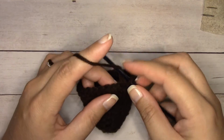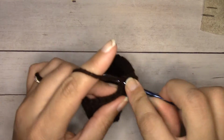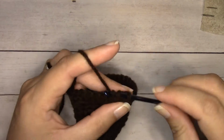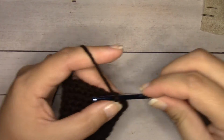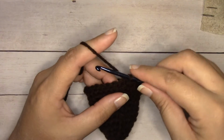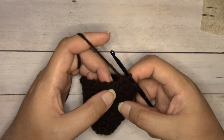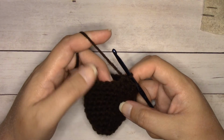Then we'll work a regular half double crochet into the next stitch, yarn over, insert your hook into the stitch, yarn over, pull through, 3 loops on your hook, yarn over, pull through all 3. That is the repeat that we'll take for this round. We'll work a half double crochet 2 stitches together into the next 2 stitches, and then a half double crochet